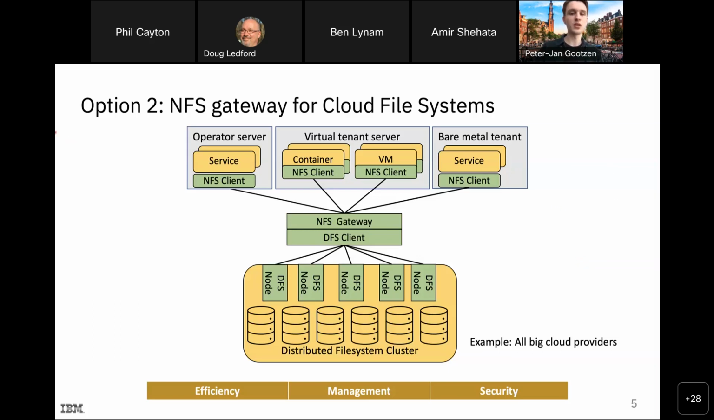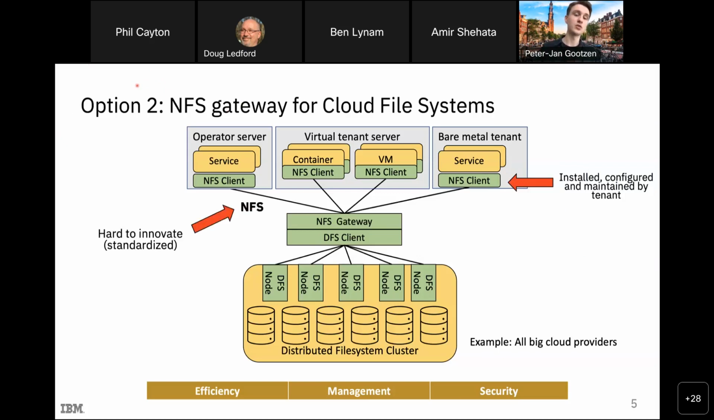This still has some downsides, notably, again, this NFS client has to be installed, configured, and maintained by the tenant. Now, this is easier than with the DFS client. However, there are still some performance knobs that the tenant needs to turn. And it's especially problematic because NFS is standardized and it's a kernel module in Linux, but it's very hard to innovate on. As a cloud operator, you have very little control over this, which is not desirable for performance optimizations